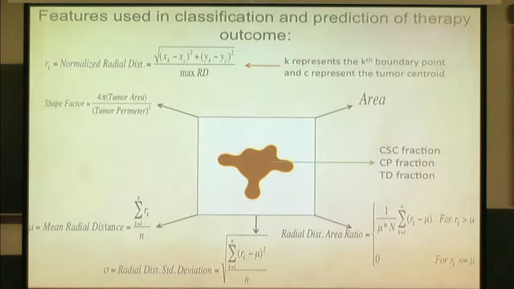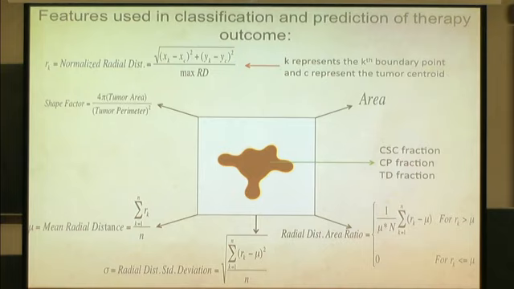Basically, we use a lot of description of the shape. We found that, as opposed to the growth path, the shape is the most important. But then the fractions of cells can also play a role. So you can incorporate all of this into parameters in the machine learning model, and then use all of this information that you gather from the tumor.